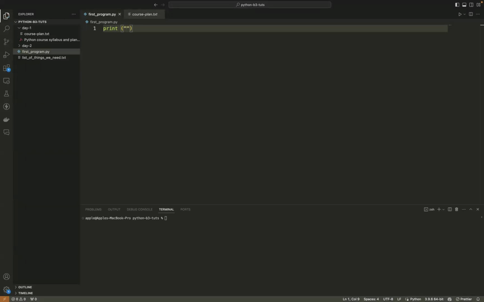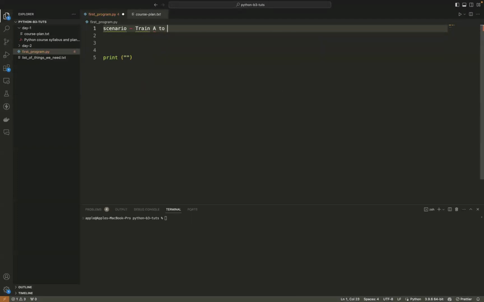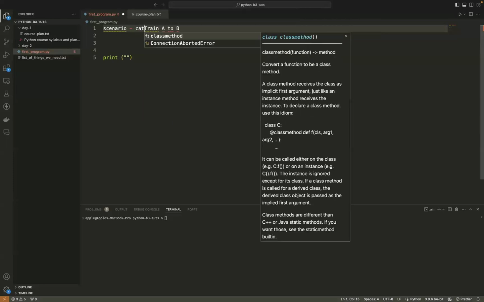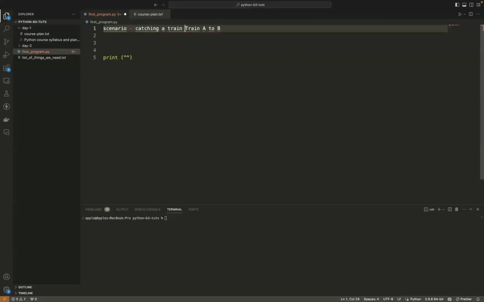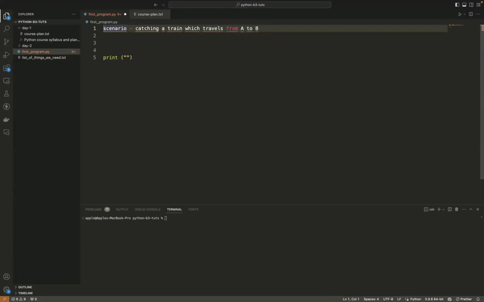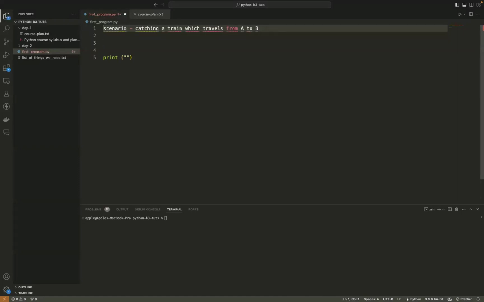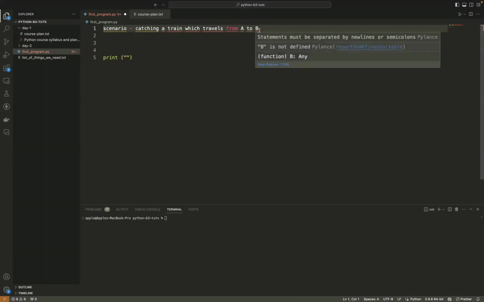Suppose the scenario is catching a train which travels from A to B. We have to give display-related instructions to a passenger who has to travel from A to B.